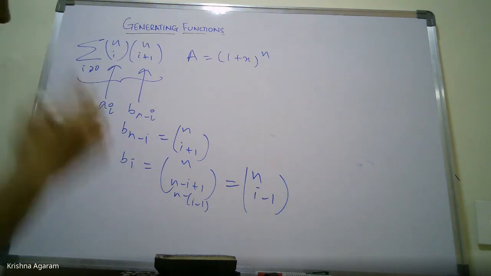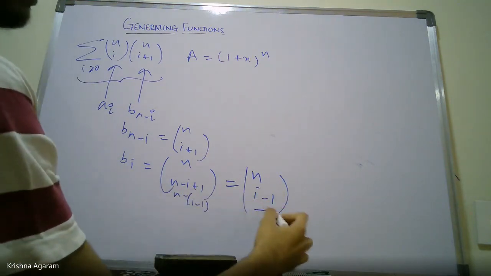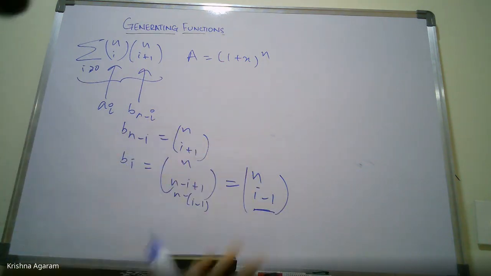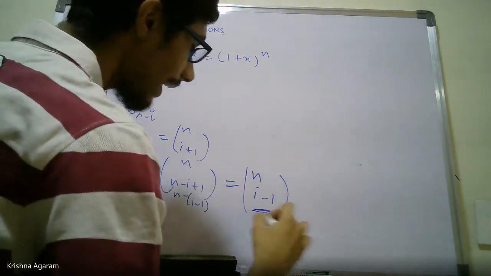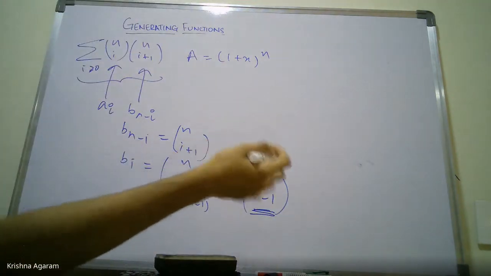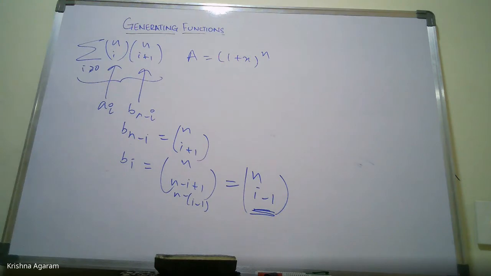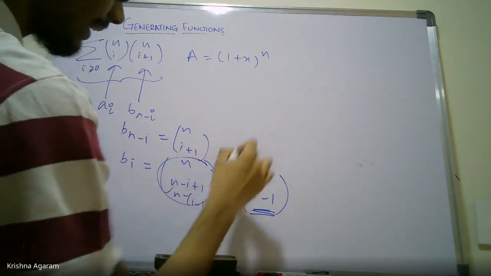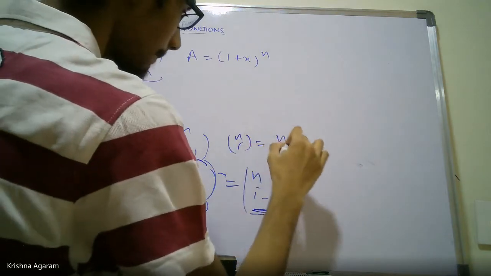Wait, yeah, so its generating function, okay, so this i minus 1, when i equals 0, it's n choose minus 1, which is 0. And again, this is the usefulness of that convention that you take it as 0. So if i is 0, when you get this n choose minus 1 thing, why it came is because you wrote this as that. Basically, you wrote this, right?